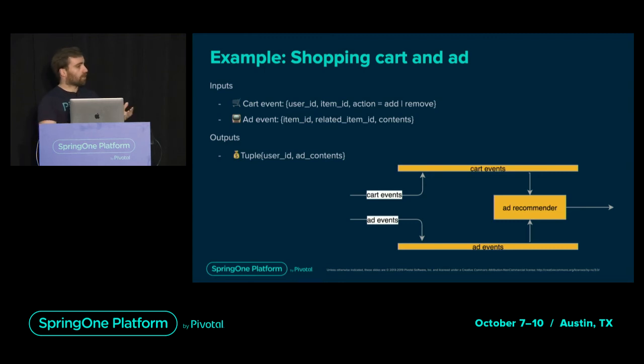And so to try to map it to the concepts we've seen earlier, we will use Gateway to ingest data, so to send events and get the data flowing. Then the cart events, we will post them so that they land on the cart event stream. Likewise for the add events, that will land on a dedicated stream as well. Then we'll have a streaming function that will read from both the streams, join them, and apply a very sophisticated machine learning algorithm, as you're going to see. Basically a bunch of if-else statements. And then it will compute a recommendation for an add for the user.